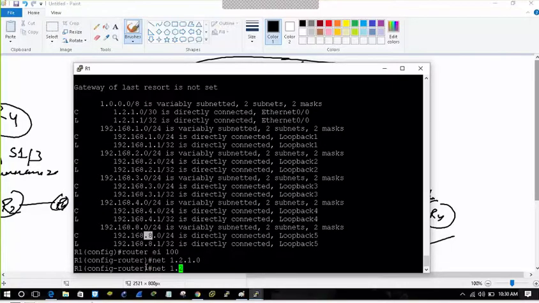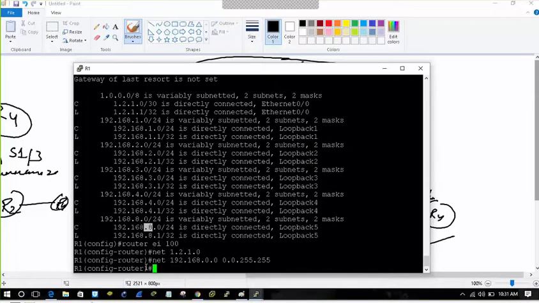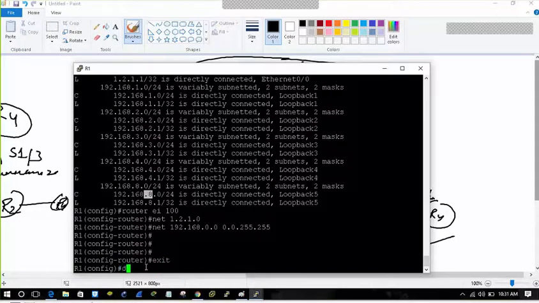And the other networks, let's bring them in with one command: network 192.168.0.0 with wildcard 0.0.255.255. So with a single command I put all the interfaces into EIGRP. Are you getting it, sir? Okay. If you want, do show IP protocol.